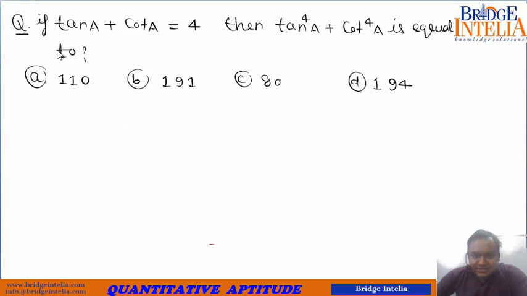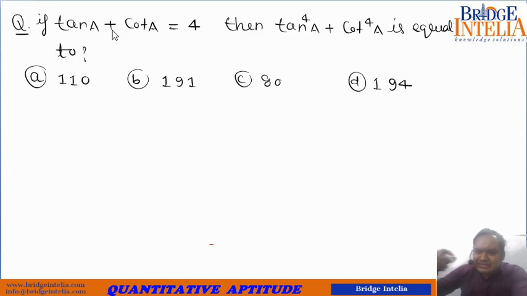So dear students, this is a very good question, and in fact a very common one on top of that. Let us observe carefully how such a pattern of questions is to be solved. The key is that the two trigonometric ratios chosen here, like tan A and cot A, are reciprocals of each other. So whenever you get an opportunity to multiply tan A with cot A, you should avail that.